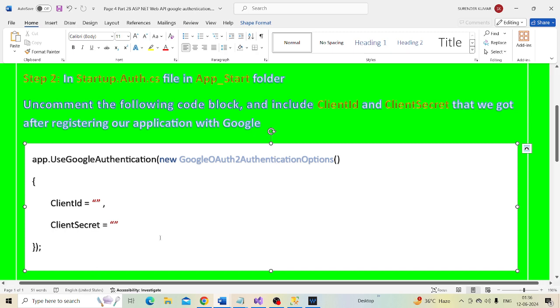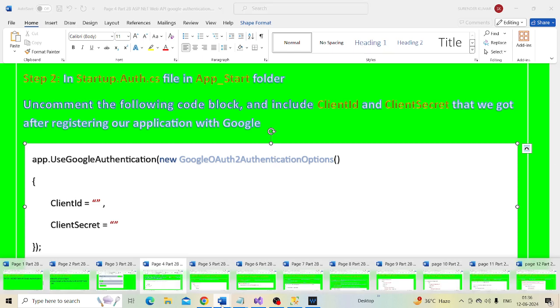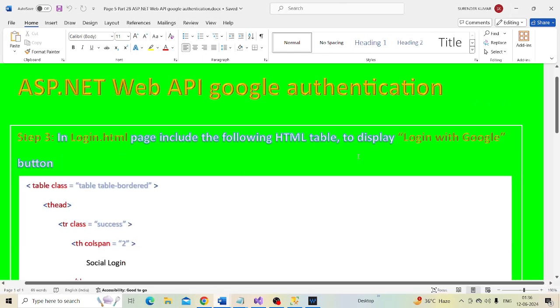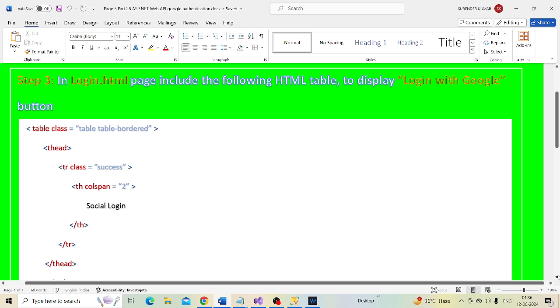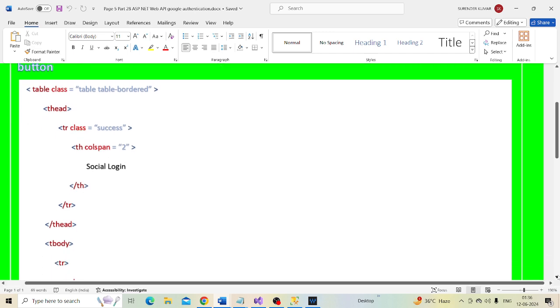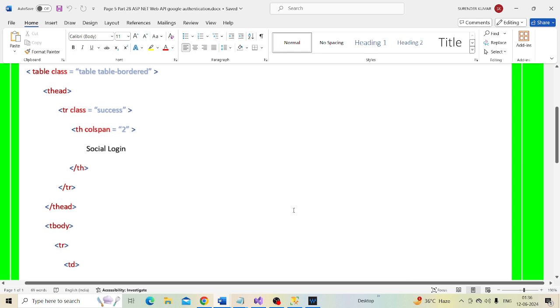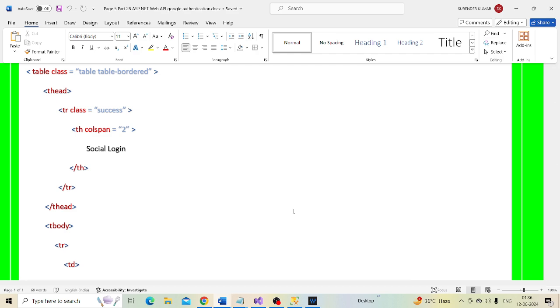Step 3, in the login.html page, include this HTML table, which displays the login with Google button.